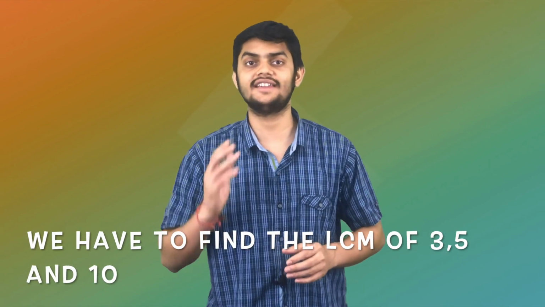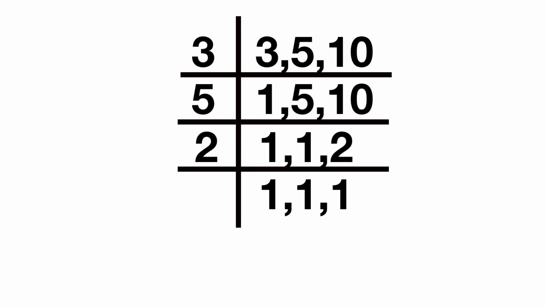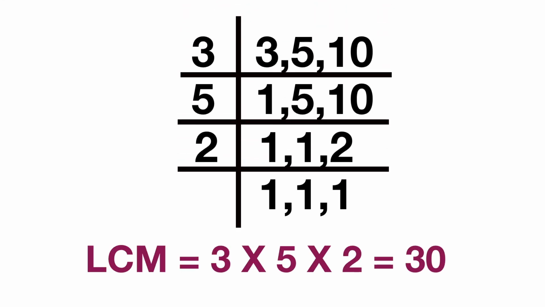So to win the game, Akansha has to press the buzzer at that second of time which is a common multiple for all the 3 sirens. And to win the game more quickly, she needs to know the least common multiple. Hence, we have to find the LCM of 3, 5 and 10. By using the short division method, we find that the LCM of 3, 5 and 10 is 30. So Akansha has to press the buzzer after